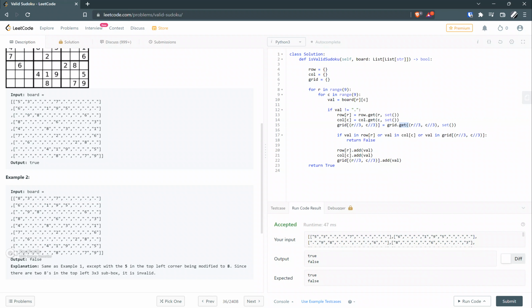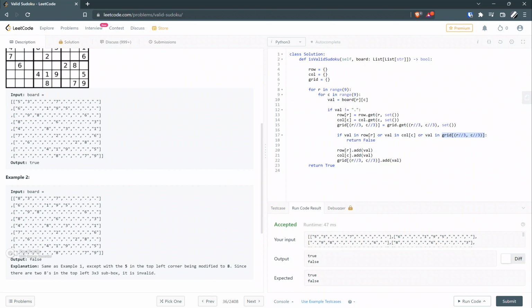सो सिम्पली यो डट गेट फङ्सन हामीले डिक्सनरीमा युज गऱ्यौँ अलङ विथ द की, भनेपछि त्यसले के गर्छ, एक्जिस्टिङ भ्यालु रिटर्न गर्छ। यदि एक्जिस्टिङ भ्यालु छैन भनेपछि हाम्रो सेकेन्ड प्यारामिटर जुन छ यो मेथड फङ्सनको लागि, त्यो लाइक हामीले सेटले इनिसियलाइज गर्छौँ। अब यो हाम्रो भ्यालु यतिटा भेरिएबलमा आइसकेपछि हामी के चेक गर्छौँ भनेपछि, अहिले हामीले रिट्रिभ गरेको भ्यालु जुन छ त्यो यो सेटमा अलरेडी छ कि छैन भनेर: रो सेटमा छ कि छैन, कलम सेटमा छ कि छैन, ग्रिड सेटमा छ कि छैन।